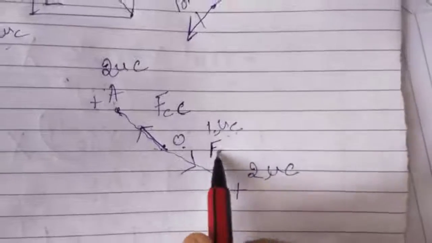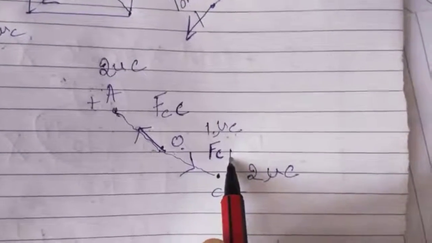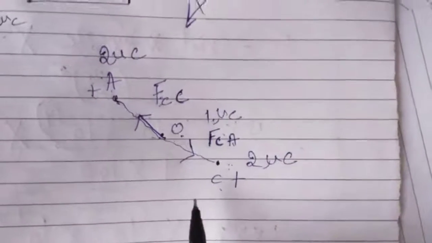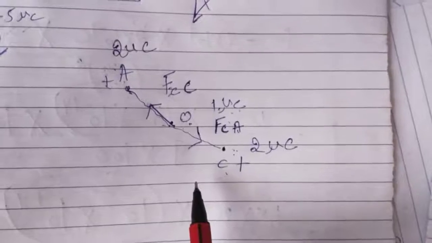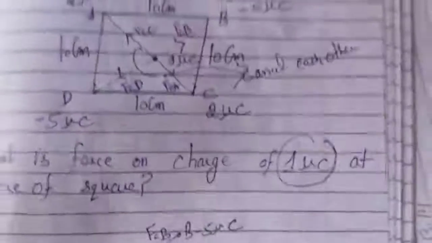by C vertices. So this charge will repel the center charge in this direction because positive and positive repel each other. So the force on the center charge acting due to A, these forces will balance each other and the net force will be 0. So the net force due to A and C is also 0 and the net force due to B and D is also 0. So the overall force that is acting on the central charge is 0.